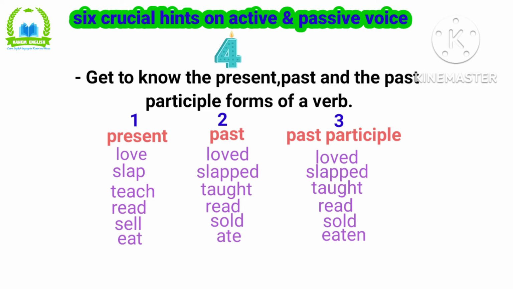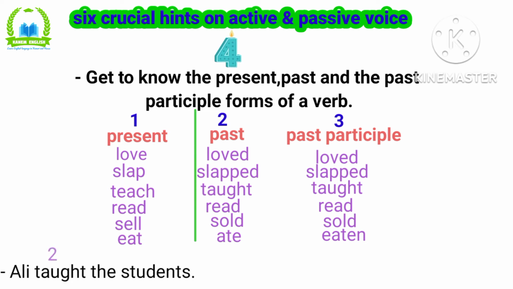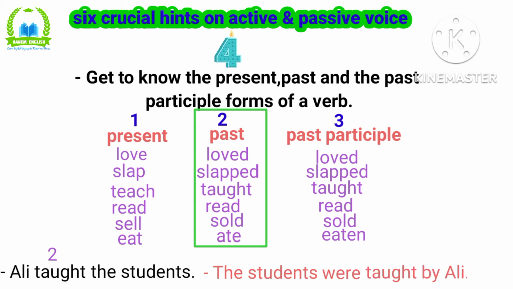Example, if you now use the sentence Ali taught the students. Ali taught the students. So now we have verb 2, that means the second form. Since you use the second one, you are now going to change it, like you are going to say the students. That means the subject now has become plural here. Then the students were taught by Ali. The students were taught by Ali. So remember, this taught you use in the passive voice is the past participle, not the past tense,